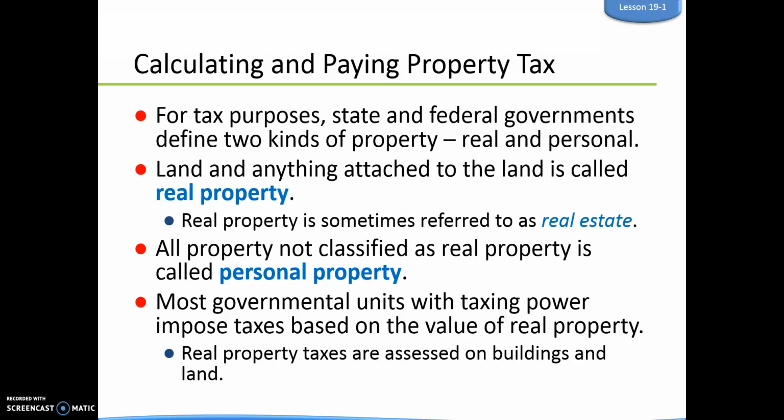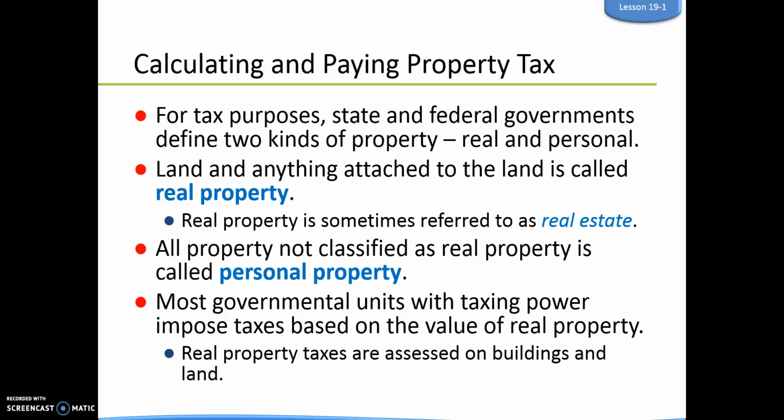In business, we refer to it as real property, but really it just means land and anything that's attached to the land, like a building, a shed, a store. Any of those would be considered real property. And all property not classified as real estate or real property we call personal property. So that would be things like cars, boats, trucks,